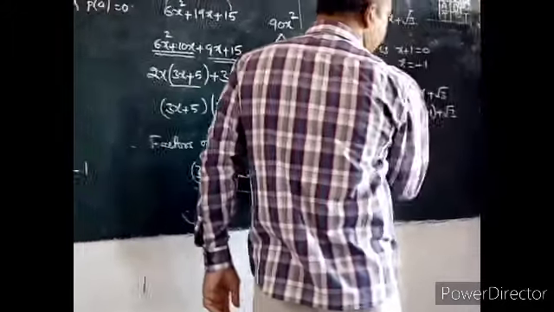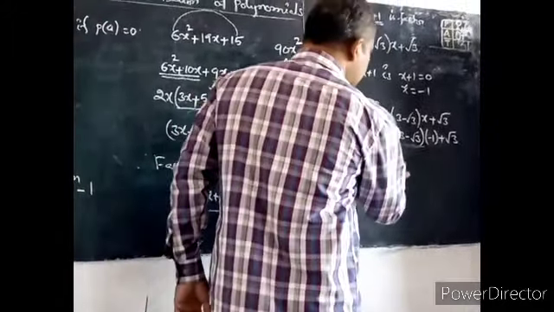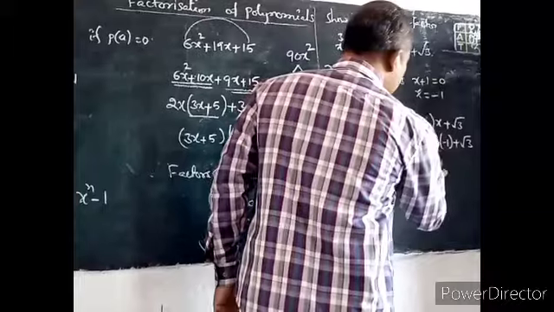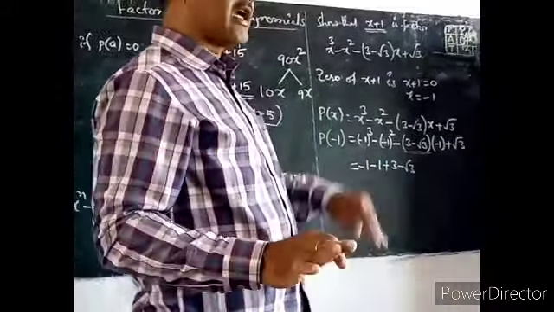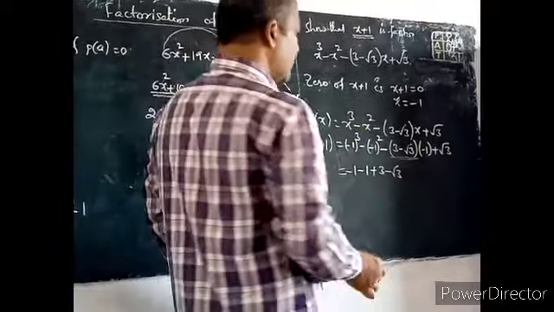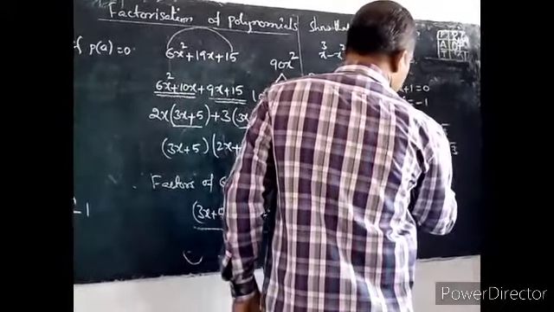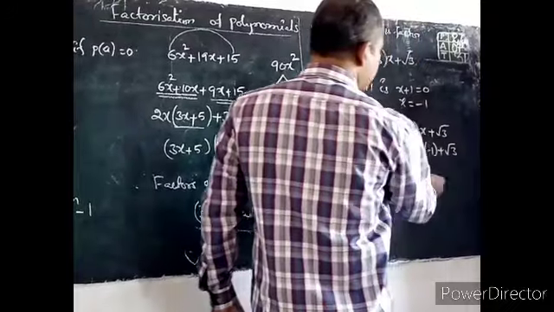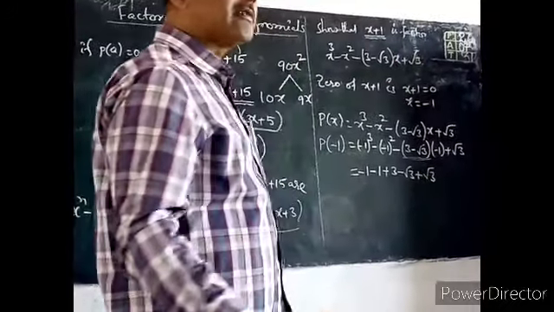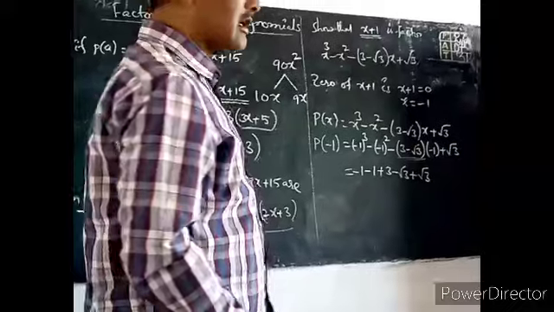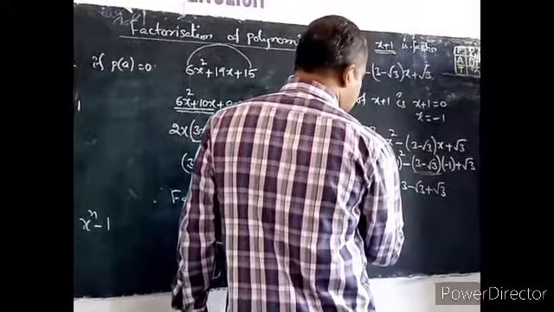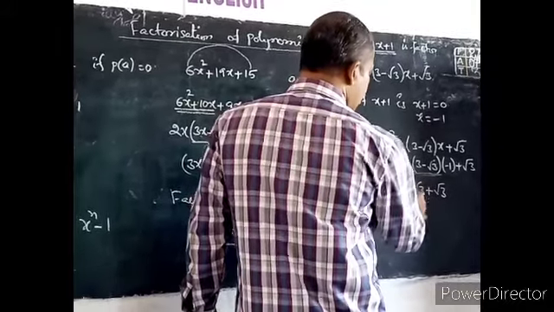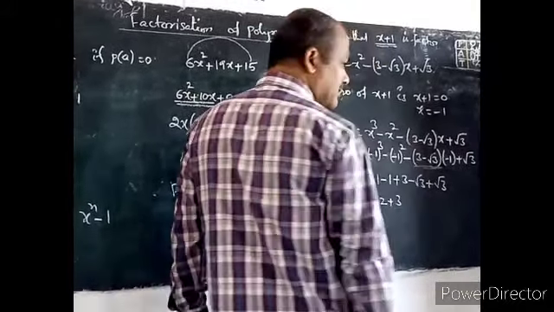So the bracket on the right as it is. So plus 3 minus root 3. When we multiply with 1, that value doesn't change. Again we are getting the same number. Next plus root 3. Now plus root 3 minus root 3 is getting 0. Yes, na? Plus root 3 minus root 3 becomes 0. Here minus 1 minus 2. Here plus 3. Minus 2 plus 3 is how much?